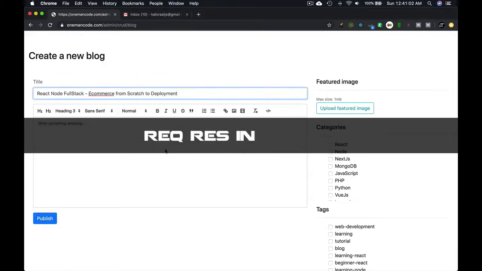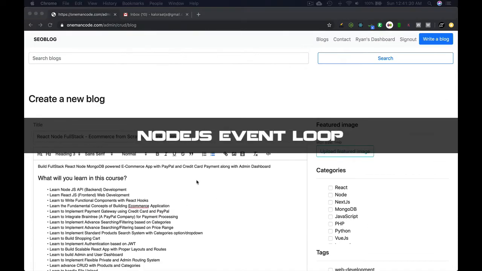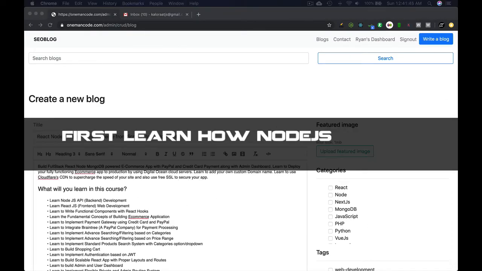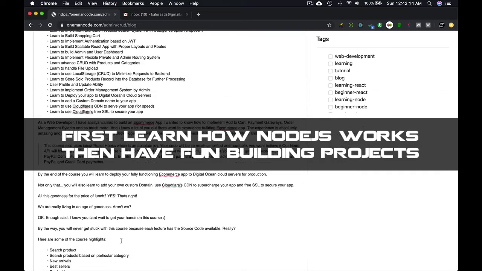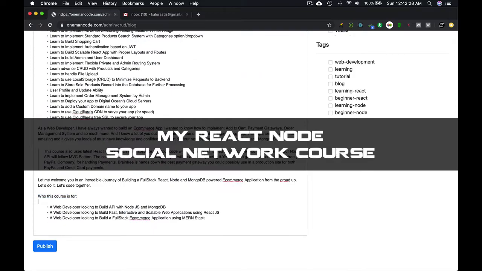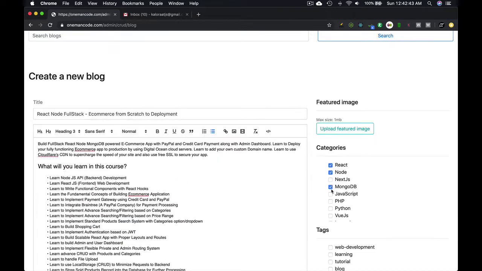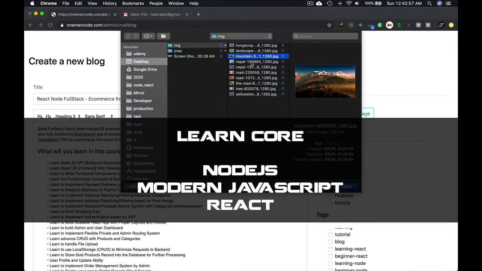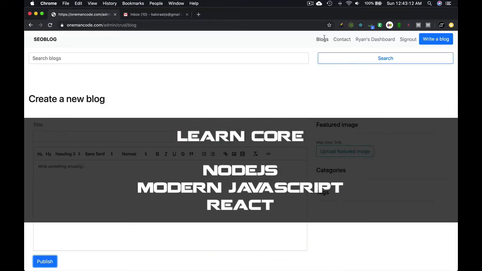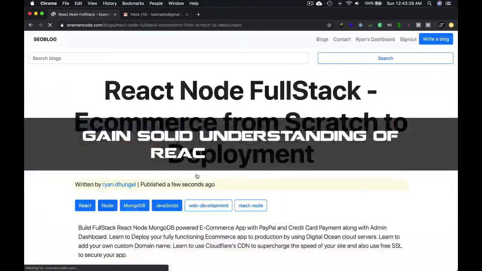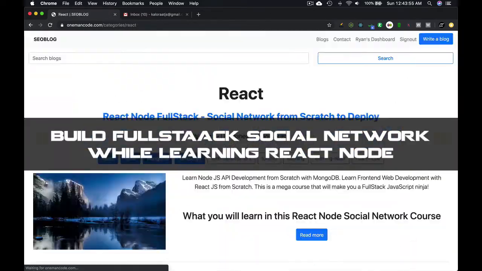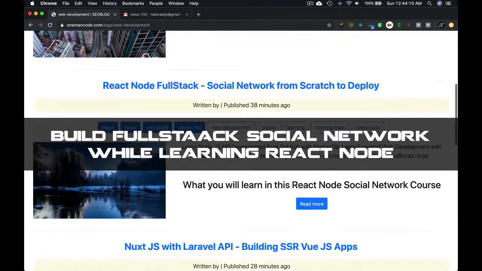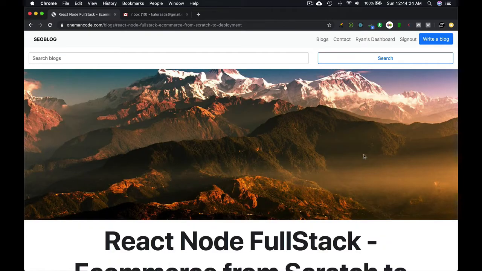You need to know how request response cycle works in Node.js, what is event loop and how it works, all that stuff. Knowing how Node.js works will make everything clear and easy to understand. You can take my social network project, which is another course here on Udemy, which goes through the basics of modern JavaScript, React, Node, and MongoDB. That course not only gives you a solid understanding of React and Node, but also shows you how to build a full stack social network project, which is a great project to build while learning and to become a full